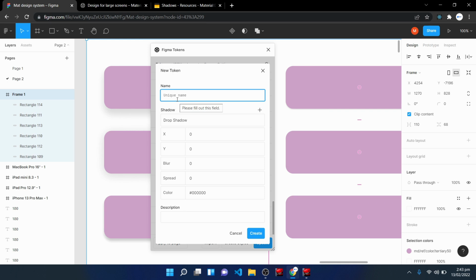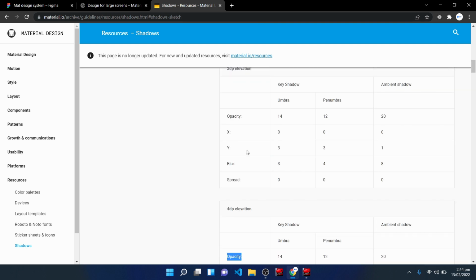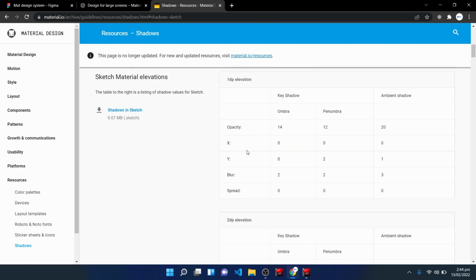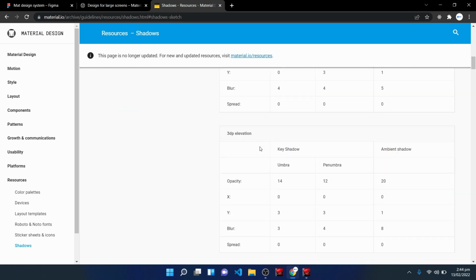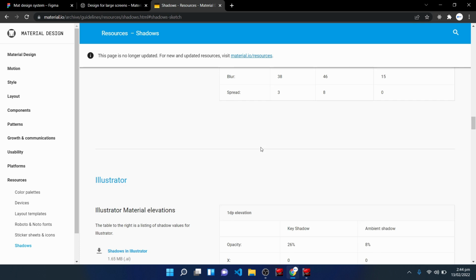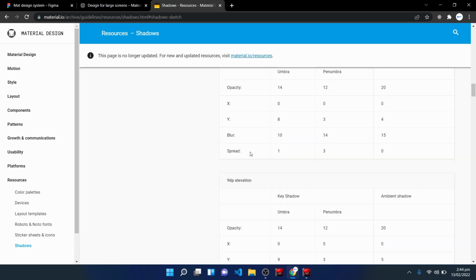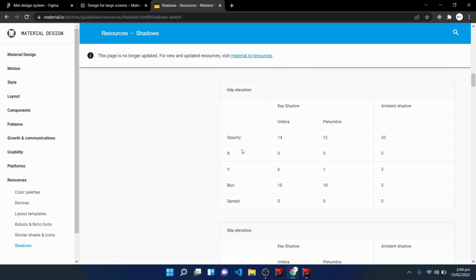Then for the unique name, I would say md.sys. Now I am just saving the values of my shadow styles to a system token, and that's because I don't have the time now to create reference shadow styles. You can go ahead and create reference shadow styles by creating different shadow effects from all the elevation tables, down to the 24dp elevation table. Now when you create all of these, you can have them as your reference shadow styles, and you can select one or two or three of them and use them as your system shadow styles,